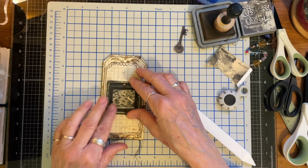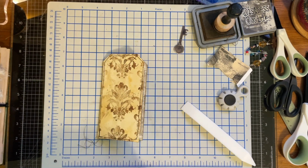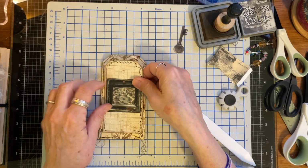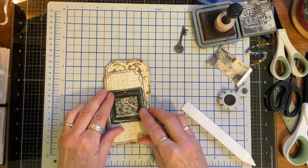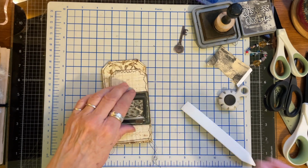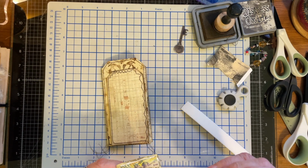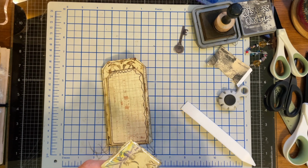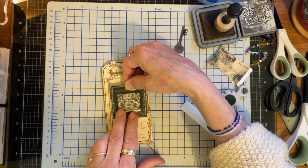I'm kind of using Tracy's idea. I think I'm going to put a brad. I think I'm going to use a couple of brads. Nah, wait. I don't think I am. I think I'm just going to glue it down. But what I was thinking is that maybe what I should have done is put that as a pocket in the front. So I think what I'm going to do is glue this down on 3 sides to this. Yeah, because I want